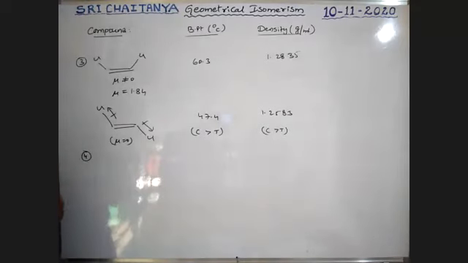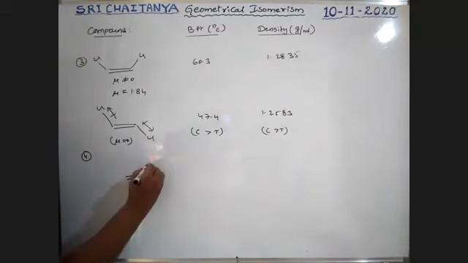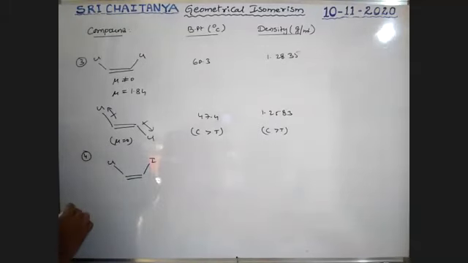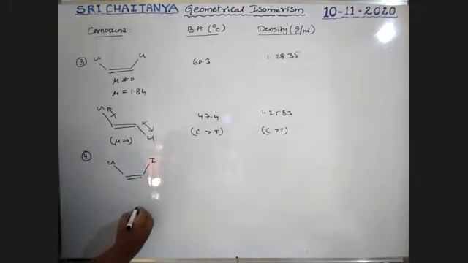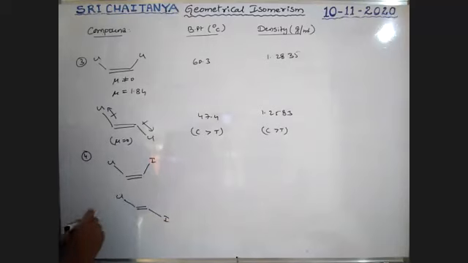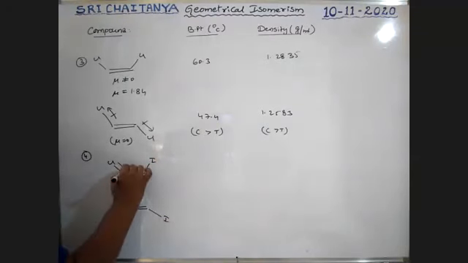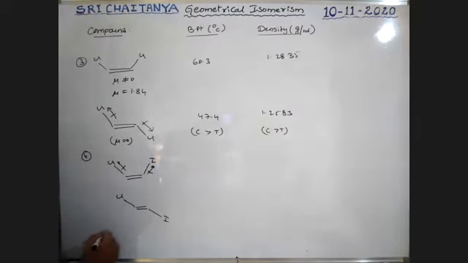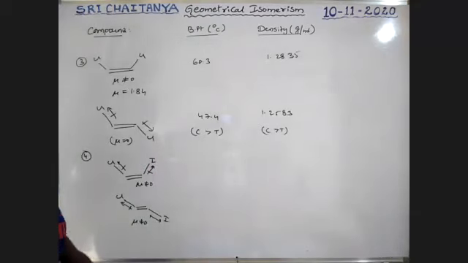Next, the fourth compound. I am taking one side iodine, one side chlorine. So next, it is cis. It is chlorine, it is iodine. Boys, both these groups are not the same, and one is more electronegative. So the dipole moment is in this direction here, and in this direction here. It is not equal to 0. Here mu is not equal to 0, and here also mu is not equal to 0 because both these groups are not the same. No need of refractive index, boys.